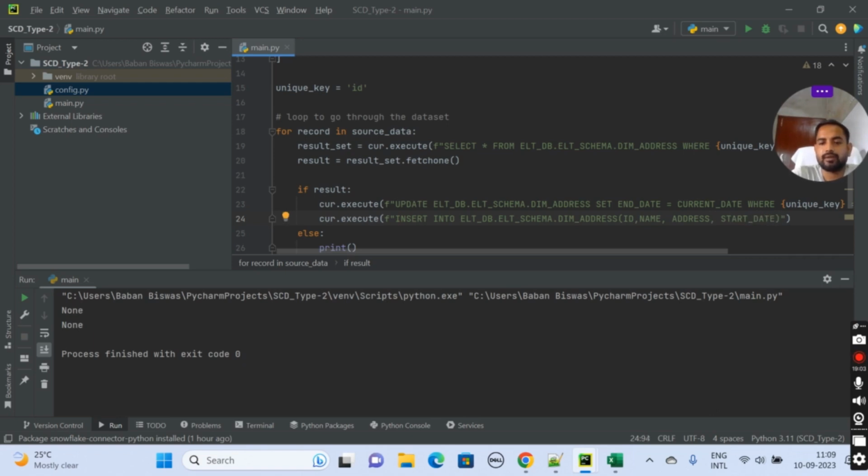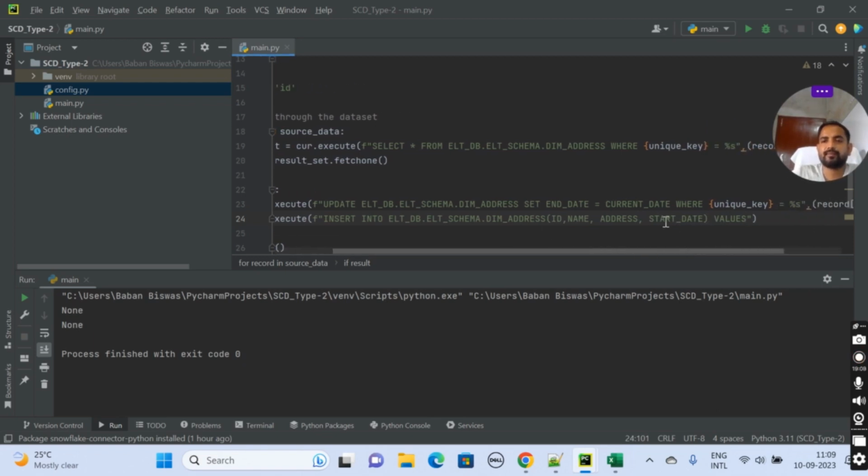Okay, so after that you need to put VALUES, I forgot that one. So what are the values you want to put here? First give the placeholder %s, comma %s, comma %s, for the values, right?